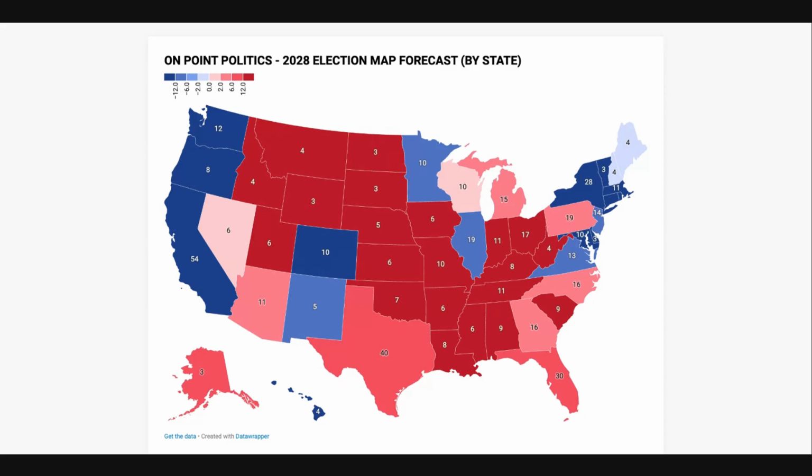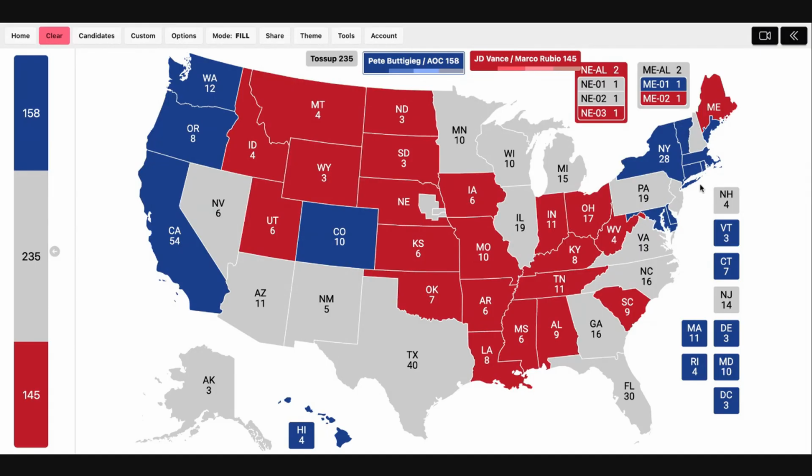And so that's where you get that performance in the state. And again, looking at Maryland, that's a 33-point win for Pete Buttigieg. Delaware is a little bit closer, given Buttigieg's weakness with Black voters. Connecticut and Rhode Island, we see shift a little bit to the left. Massachusetts shifts left. Vermont actually ends up moving Republican. So that's an interesting observation there.